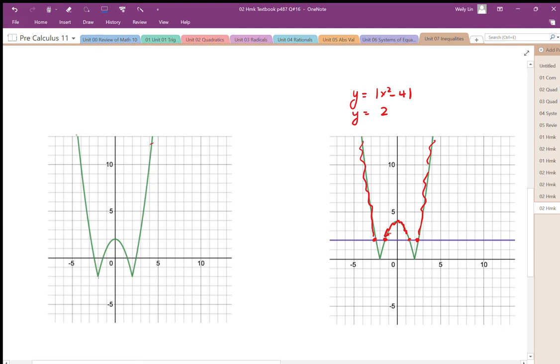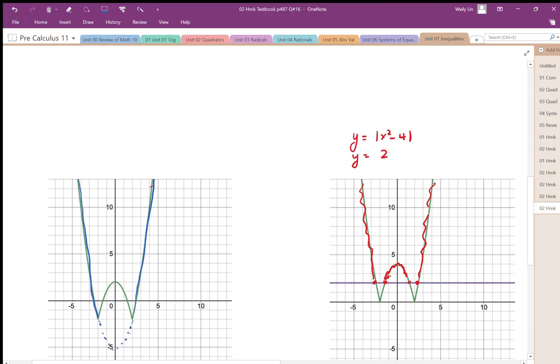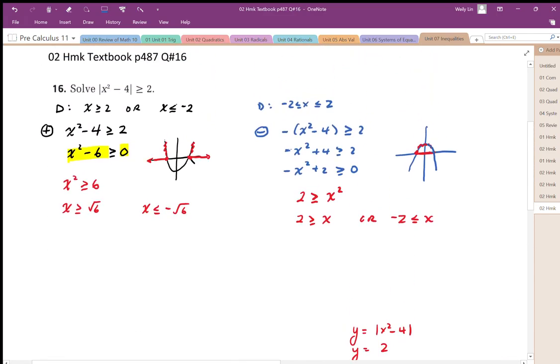If we just continue, we have this graph here, and if we continue this, we're going to end up with this parabola. Okay, and observing the domain boundaries, this dotted portion here would be the portion that is not included in the graph. So for the negative portion, we're going to look at this graph here, which I'm going to highlight. This would represent the negative domain between negative 2 and 2, and it's an upside down parabola with